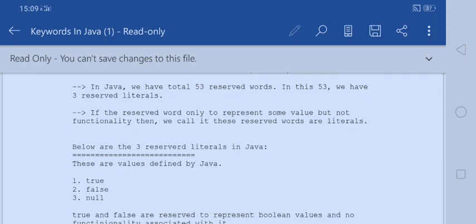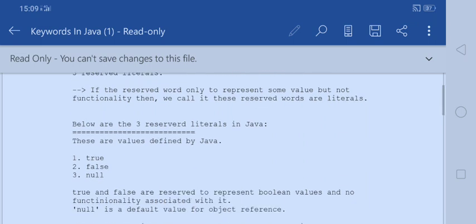And in Java, as we discussed, we have totally 53 reserved words. In these 53 reserved words, we have 3 reserved literals. So we will see what literals are. If a reserved word is only to represent some value but not functionality, then we call those reserved words literals.